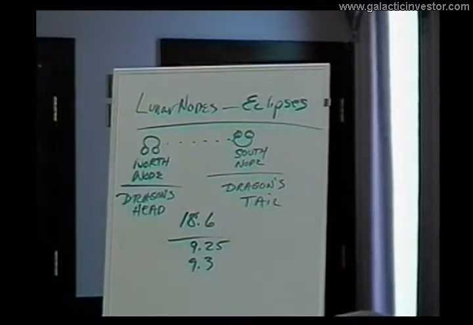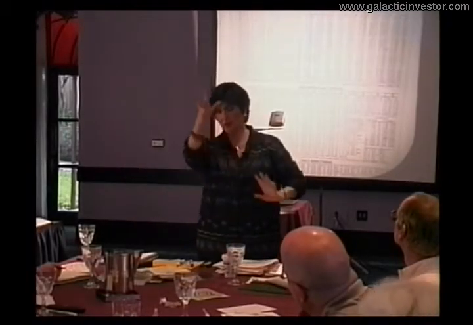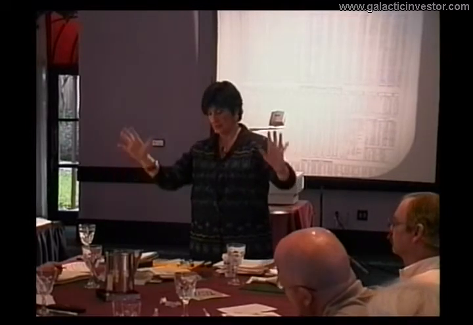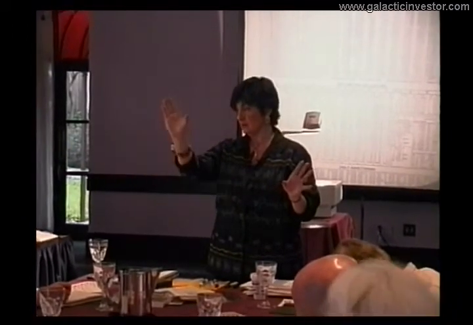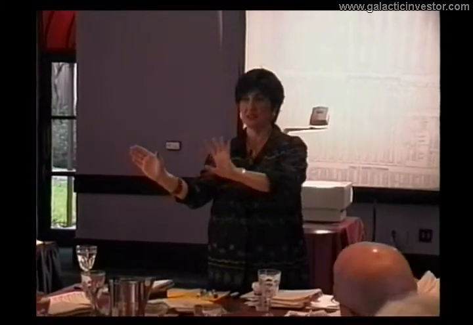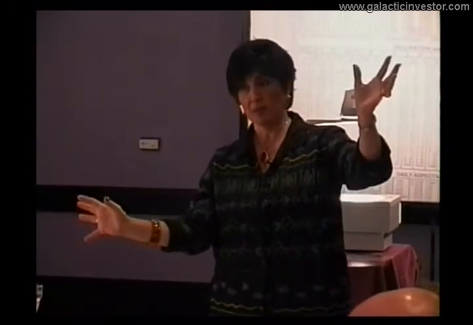Okay. The way they work is the north node, the dragon's head, will literally orbit for 18.6 years. You'll see it orbiting through all the signs of the zodiac. It spends about 1.5 years in each opposite constellation. In other words, right now the north node is in Gemini. So the opposite of Gemini is what? Sagittarius, right? So if the north node is going through Gemini, the south node is going to be complementary in